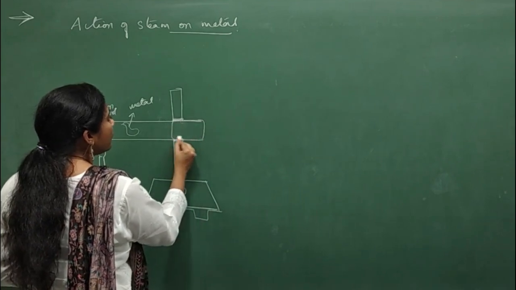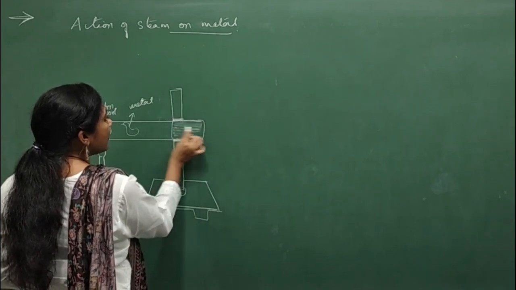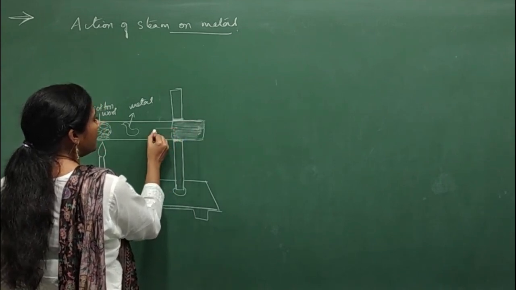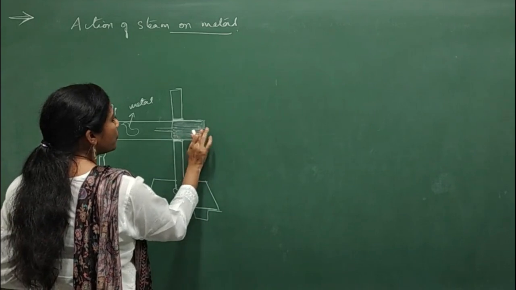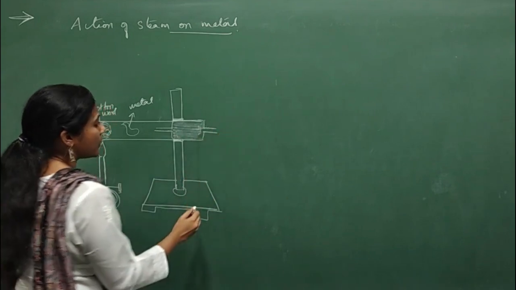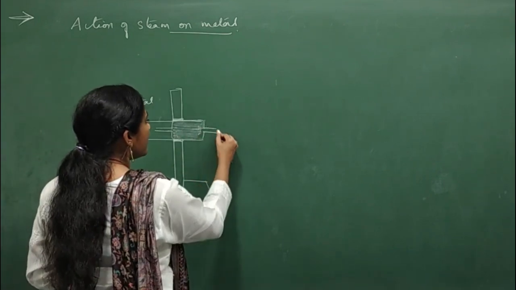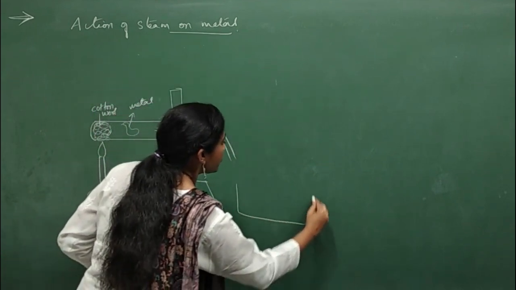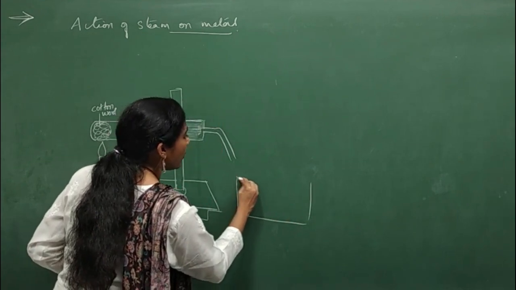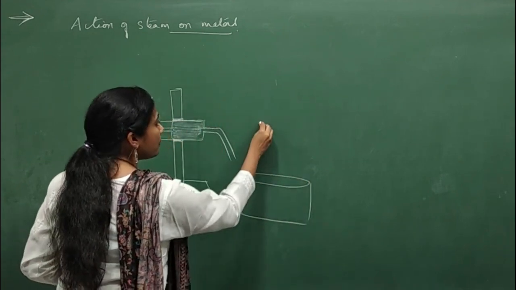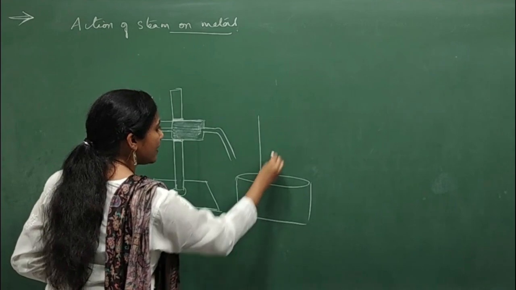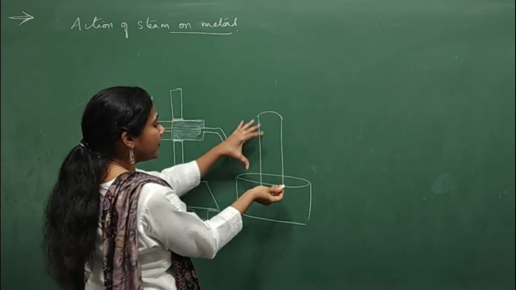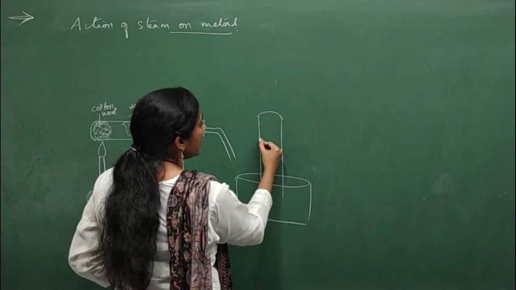For that we will fix a small pipe here. So there is a pipe. Okay, so through the pipe actually that hydrogen gas is coming out. And where is the pipe leading to? The pipe actually leads to a beaker that contains water, right? So the beaker will again have a test tube, an inverted test tube you will have, and this inverted test tube is